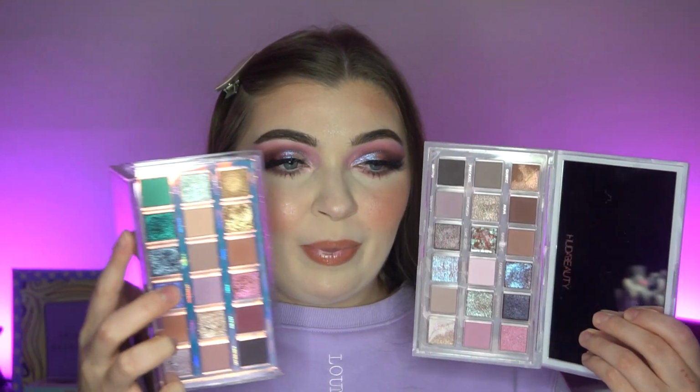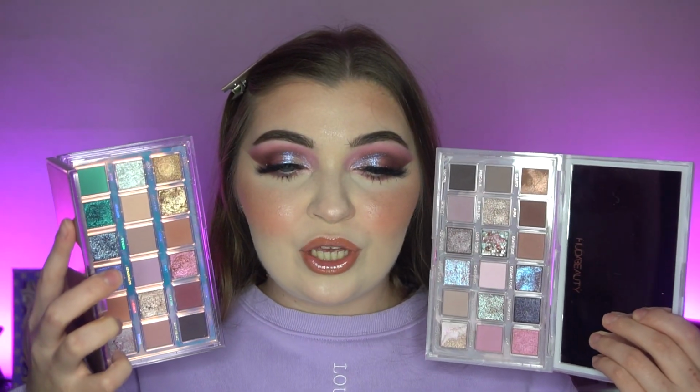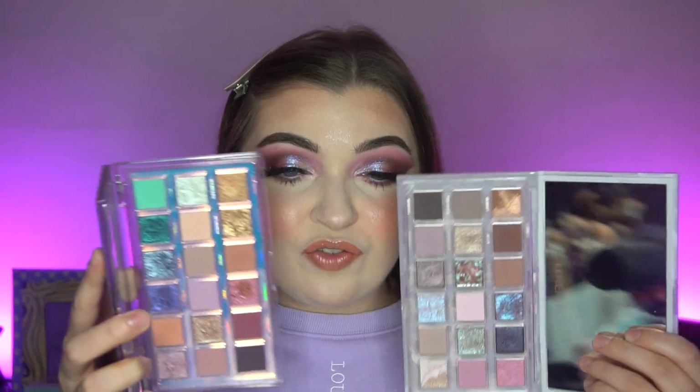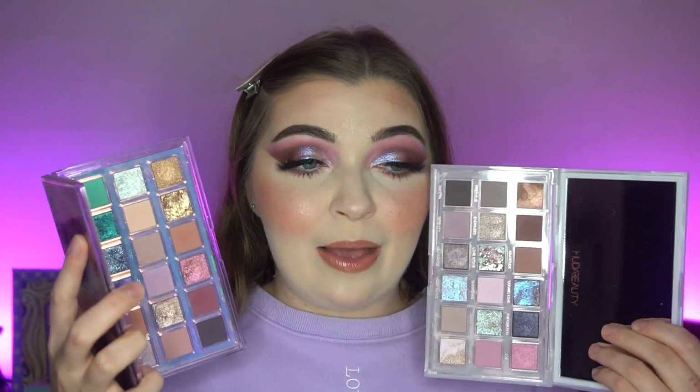I just feel like they would be a good companion palette, because it's a mixture of shades. I don't even know what I'm saying, but I love her palettes. Honestly, this palette is so gorgeous. The mattes performed amazingly. I haven't got a bad word to say about them. The shimmers, obviously I only use two shimmers, but